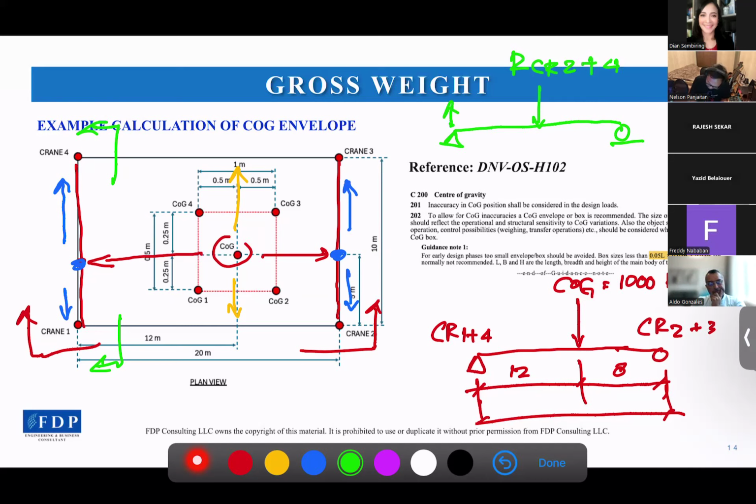No, it's crane 1 plus 4. Sorry, crane 1 here, crane 4 here, and the distance will be 5 meters. 5 meters. So you can use the indeterminate static calculation to solve this to find the crane's